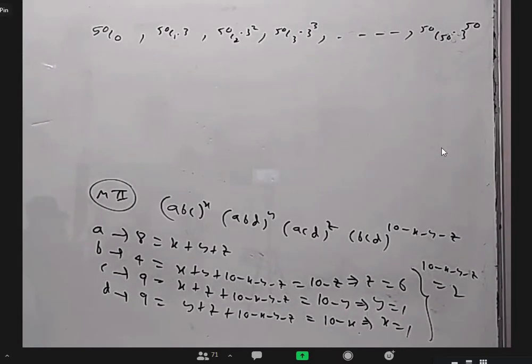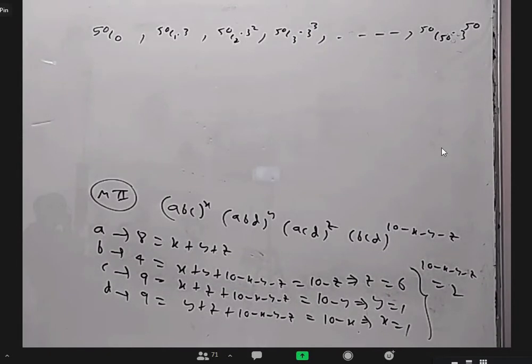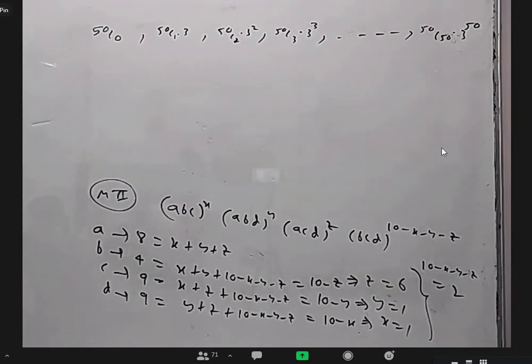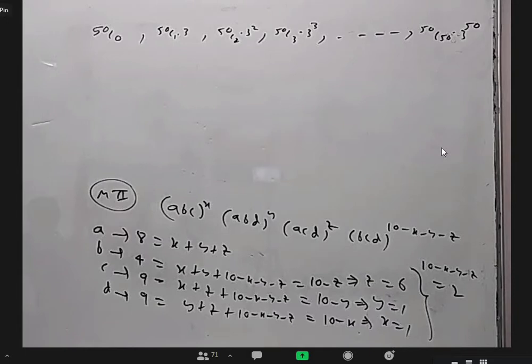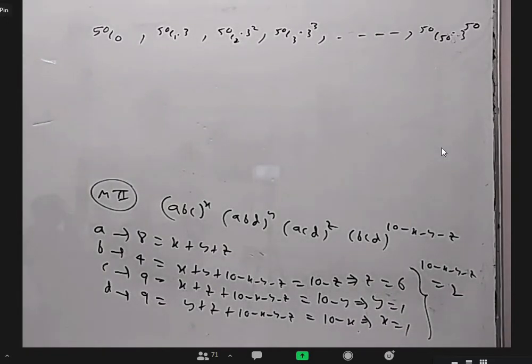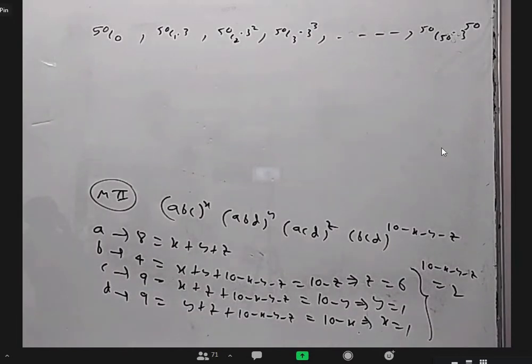Sir, if the first term is 1... And after that, every term 1 to 50 is decreasing, but only 1 to 3 is increasing. Yeah, that is in the beginning, but later on, not like that. Because in the beginning, both are increasing, the probability is also increasing. Am I correct? Yes, sir.